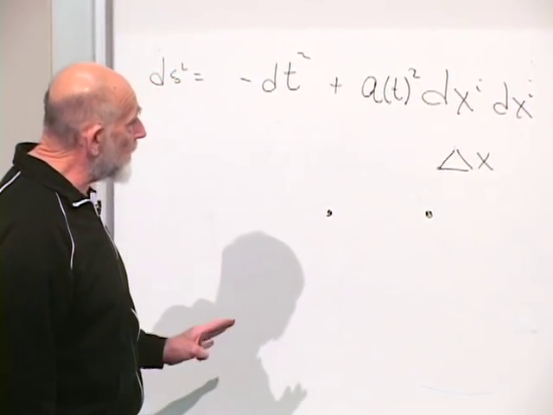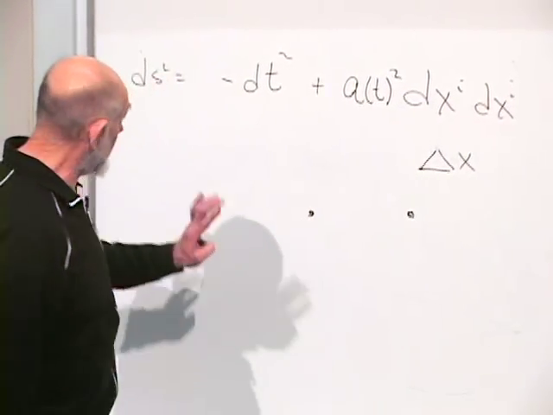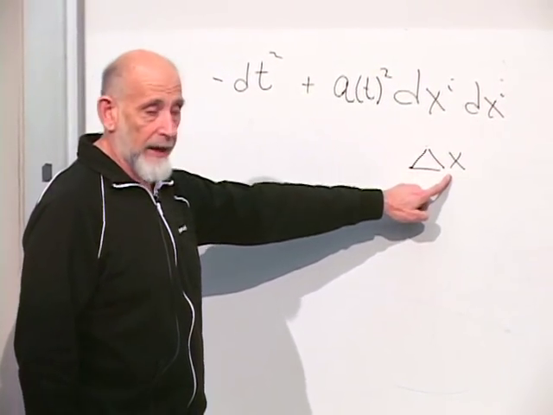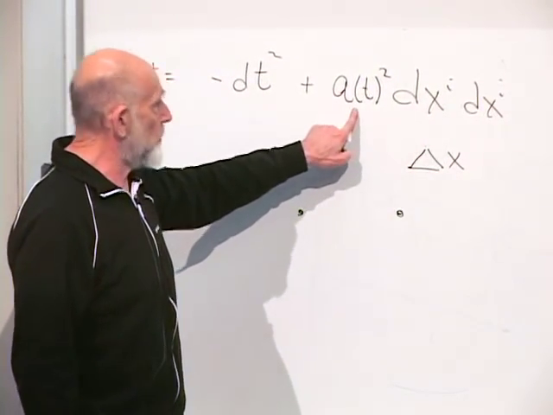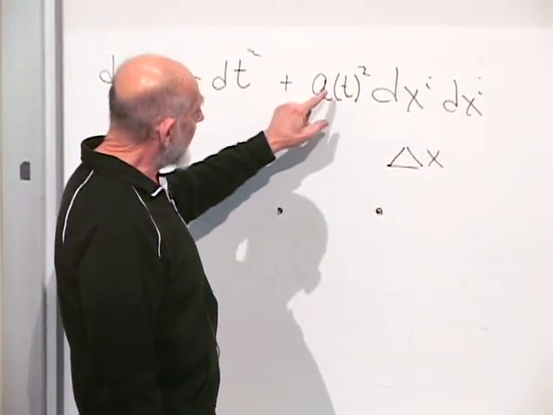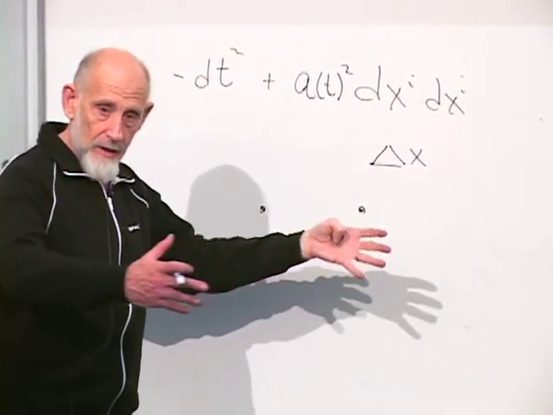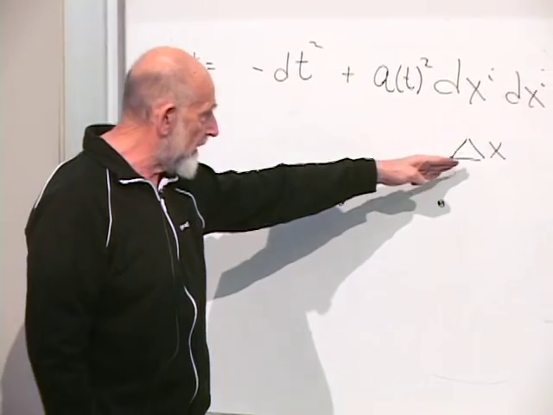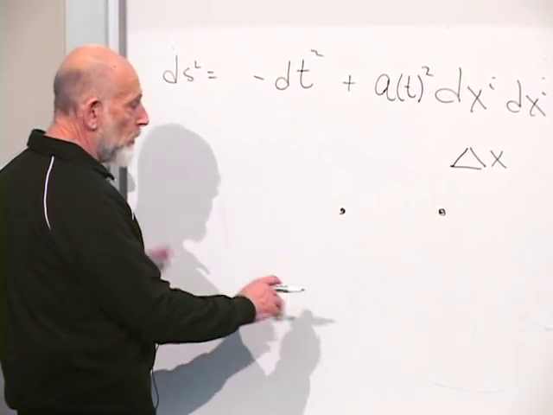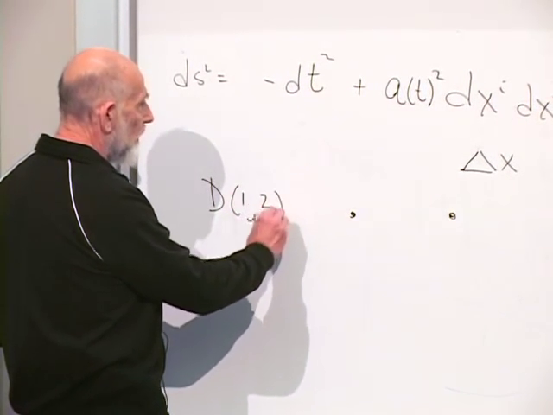The distance between two such points is not just... let's take the square of the distance between the 2 points. It's not delta x squared. It's delta x squared times a squared. The distance between neighboring points is a squared times dx squared. If it happens to be a fairly large interval, it'll be delta x, not dx. But the actual distance between the 2 points, let's call it d,